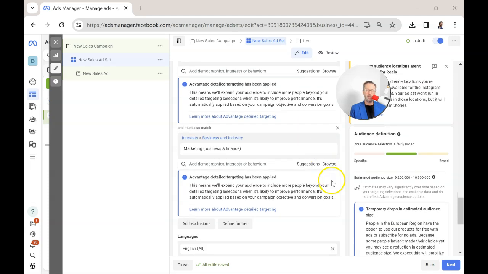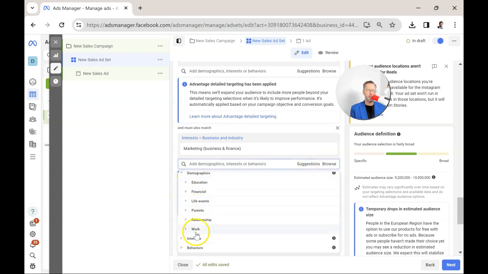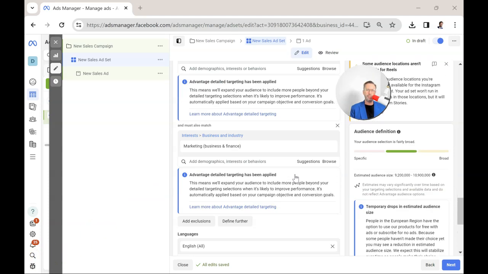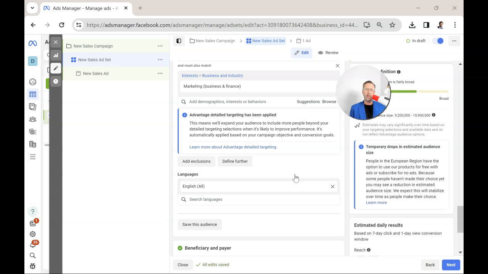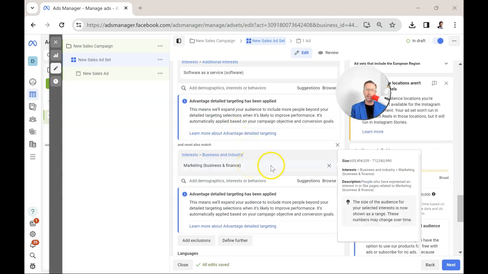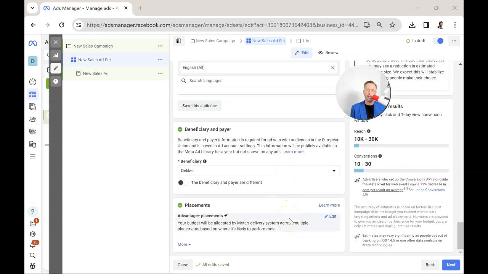Because I have lots of experience with Facebook ads, I know what to put in here. If you don't, you can just click browse and you can see different things like demographics, education, etc., interests, which is generally what I rely on, and also behavior. So for example, their digital behavior, their purchase behavior, their interests in soccer and travel, etc. So notice that as I developed this campaign, I wasn't putting all my faith in the AI, in the Advantage Plus as I was going through. So I specified the interests of people I wanted to target, for example. I didn't put in dynamic creative, but there is one place where I am going to trust the AI, and